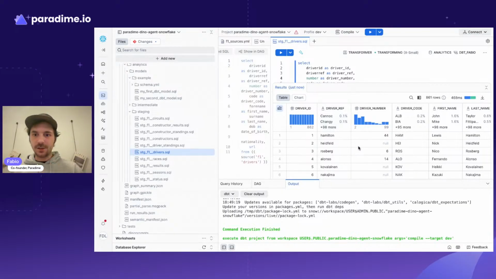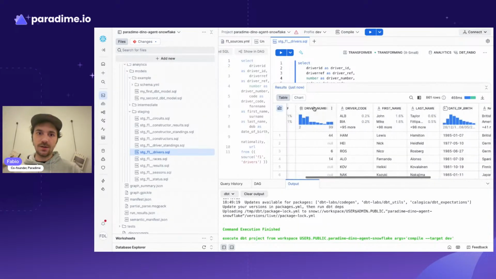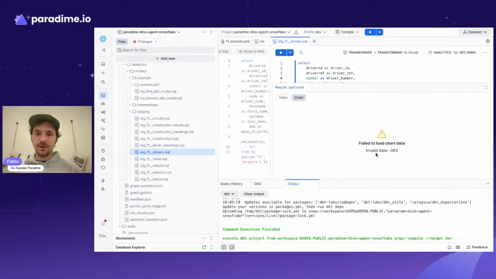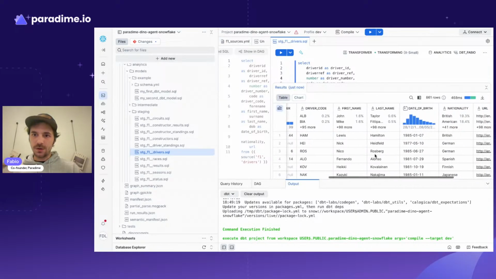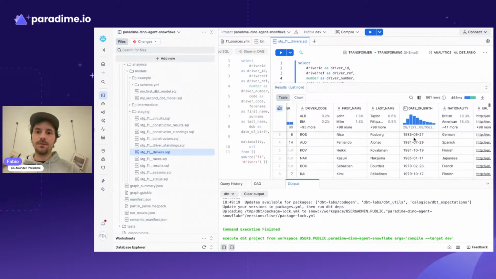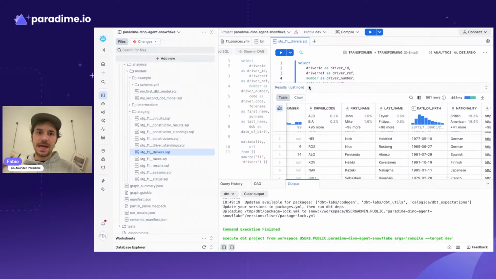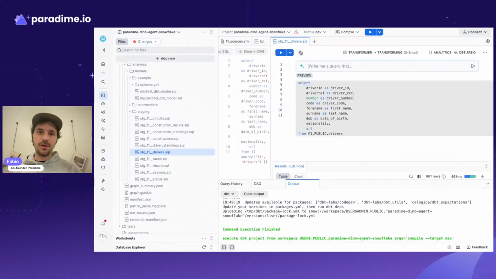So there's a lot of things we can see here. I can also look at potentially some chart. Okay, never mind. We could potentially look at some of the chart there. So we do have some pretty good visibility here, and I think this is where AI comes into the picture for Snowflake. So I can go here and say update this